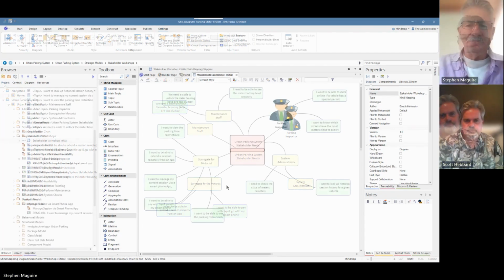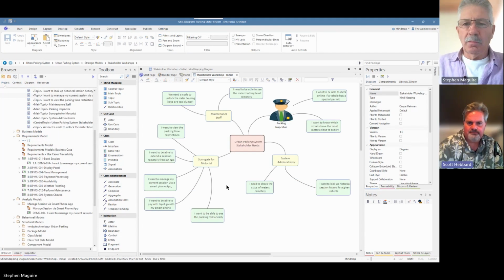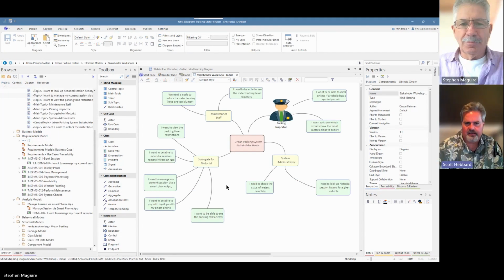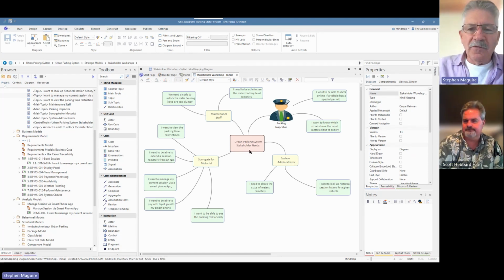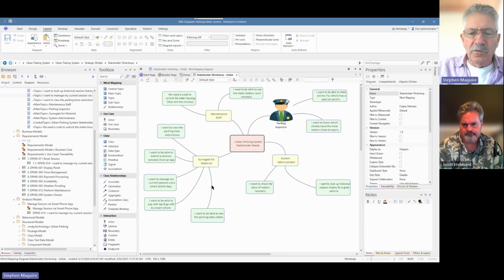Will do. I'll perform my magic, Stephen, and now I can see a really nice, interesting mind map. I can see the picture of the parking inspector, which looks really good. So what's next? Right. Well, one thing I want to point out, Scott, is that this diagram by default uses